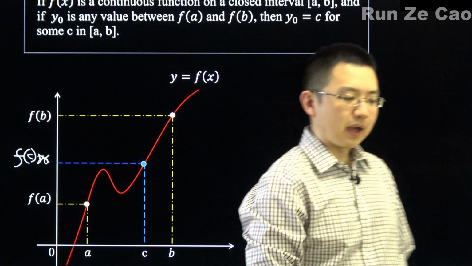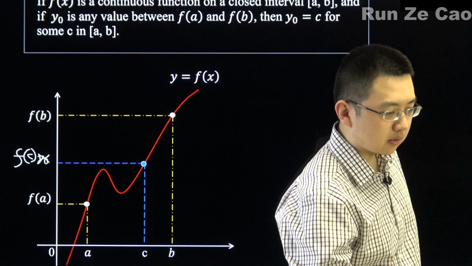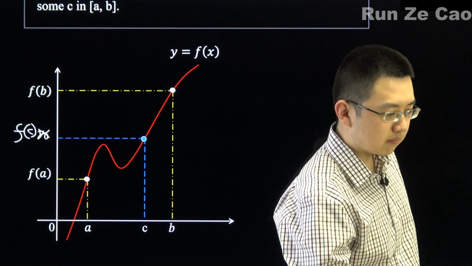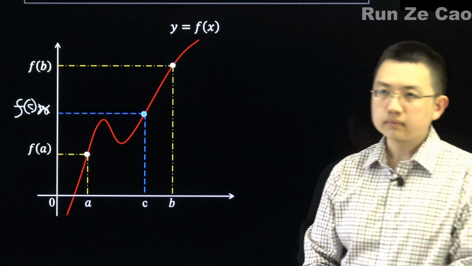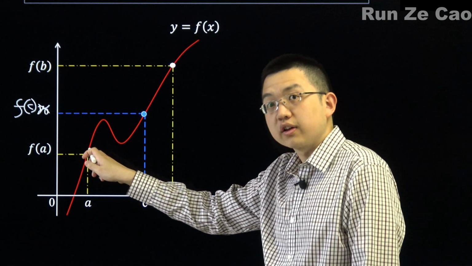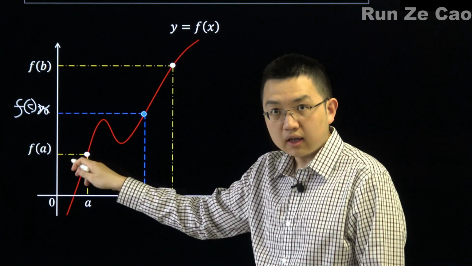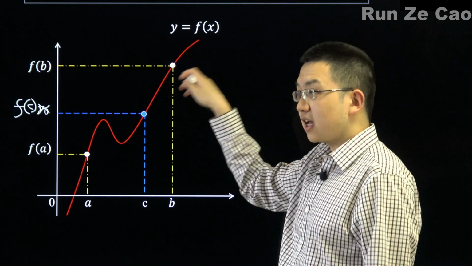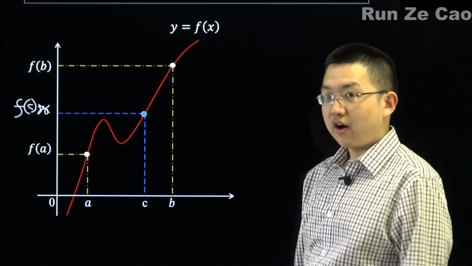It doesn't particularly matter. The point is here that, hey, if you can draw a line from this point, a f of a, to b f of b, without lifting your pencil off the paper,